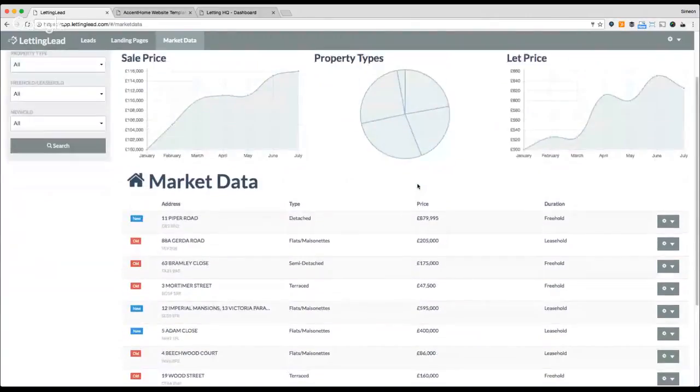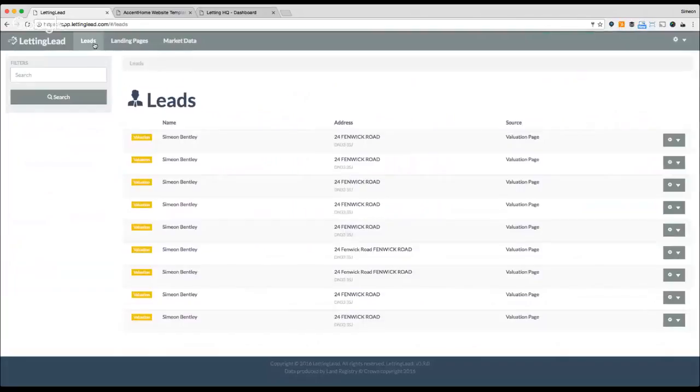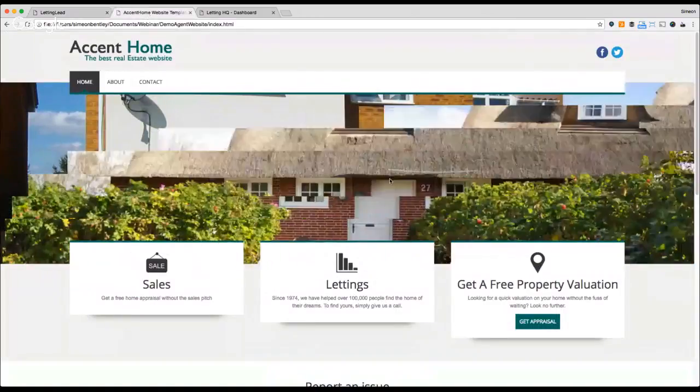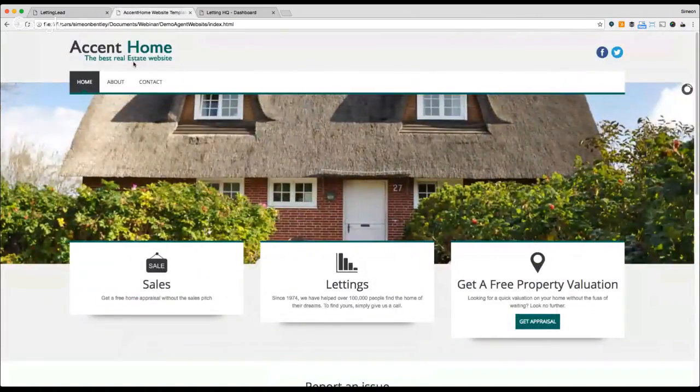Okay, so now we've gone over the main pages of LettingLead. I'm going to run through a quick example of how this can be used. To do that, I'm going to go over to an example website that I've made. So as a landlord, I've gone to your website and I'm tempted by the offer of a free property valuation. So I'm going to click Get Appraisal,